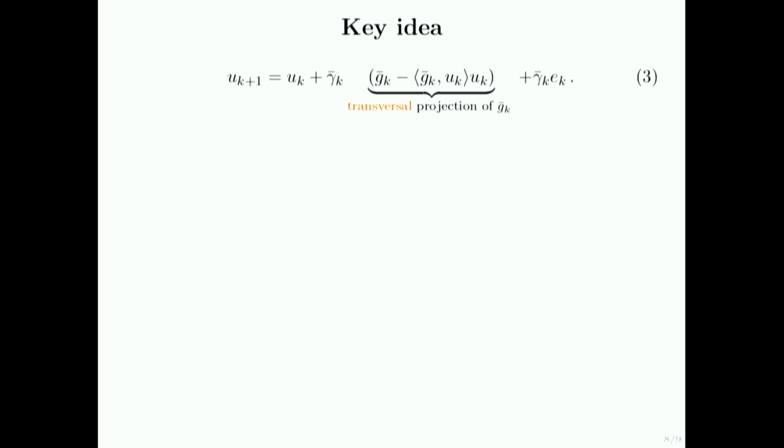So this is the dynamic that you write down, just by some basic Taylor expansion. And what you see is that UK plus 1 is equal to UK plus some things. The first thing is that you have a new step size parameter, bar gamma k. At the beginning, you had a constant step size algorithm. But actually, after initialization and the fact that WK goes to infinity, even with the constant step size, the direction will move slower and slower. So you have this parameter that goes to 0. Then you have some stochastic errors that come from stochasticity and from the Taylor expansion.